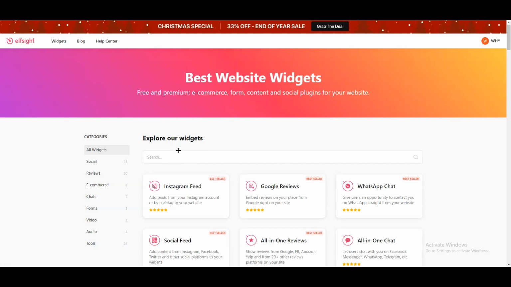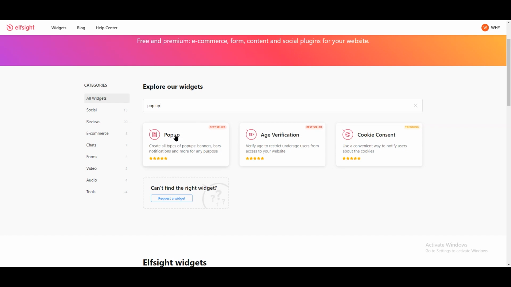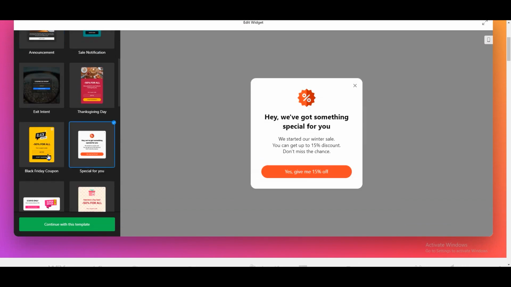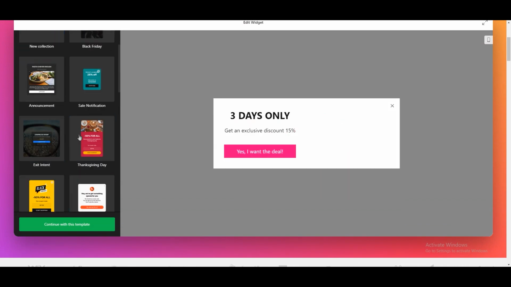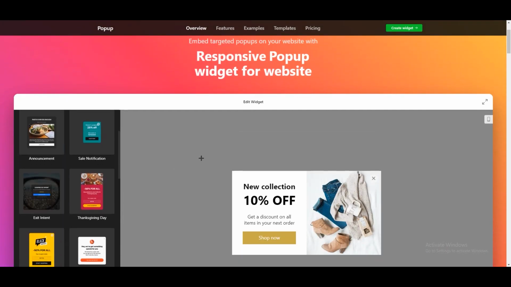Once you click on widget, you will end up over here. You are going to search for pop-up. Once you search for pop-up, you can see over here the first one. Click on that and you will see multiple options over here to choose from. And obviously you can edit all of them. As you can see over here, for this tutorial I'm going with the first one, and click on